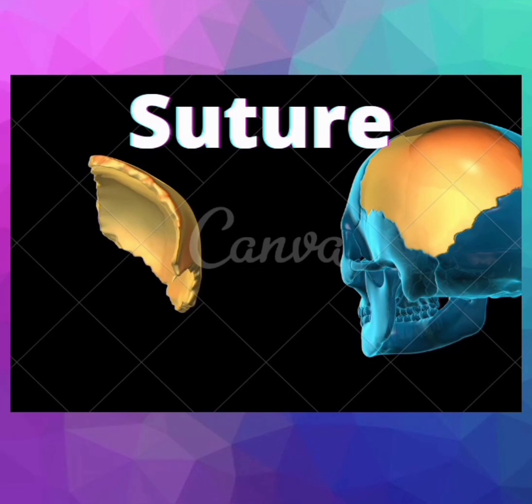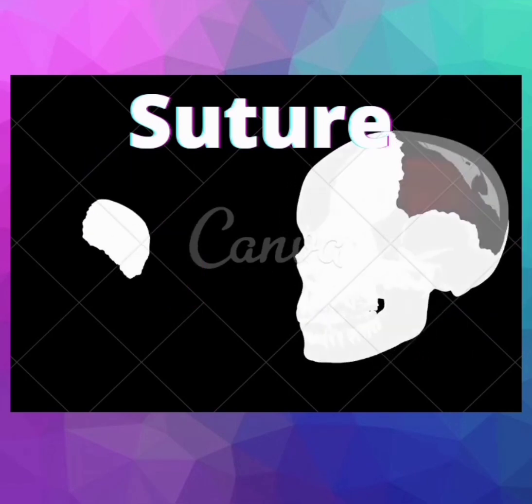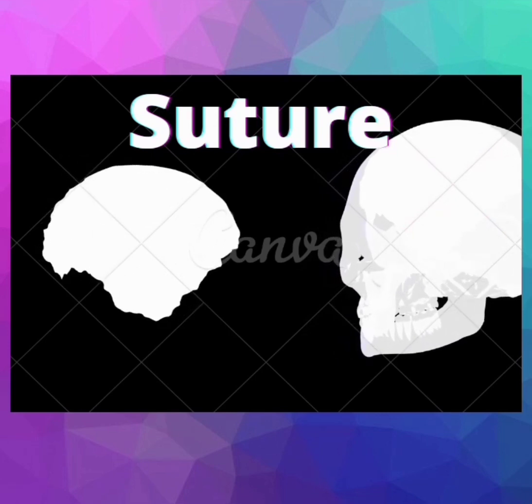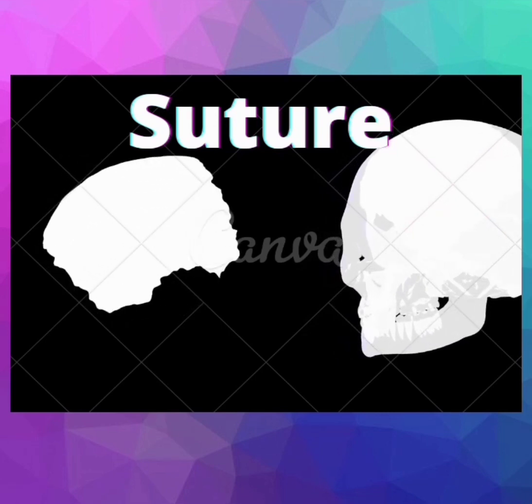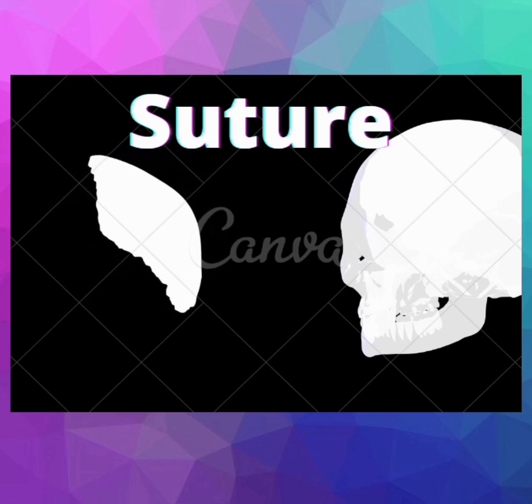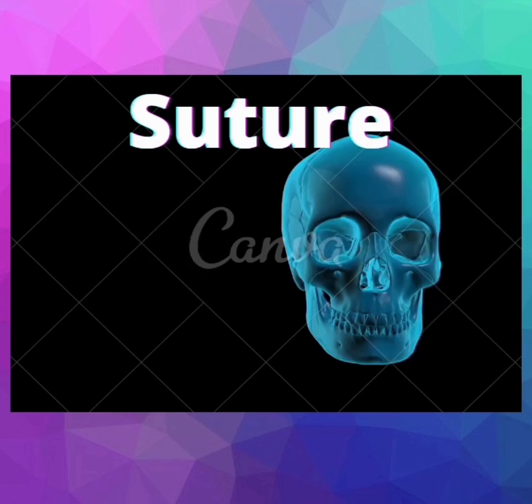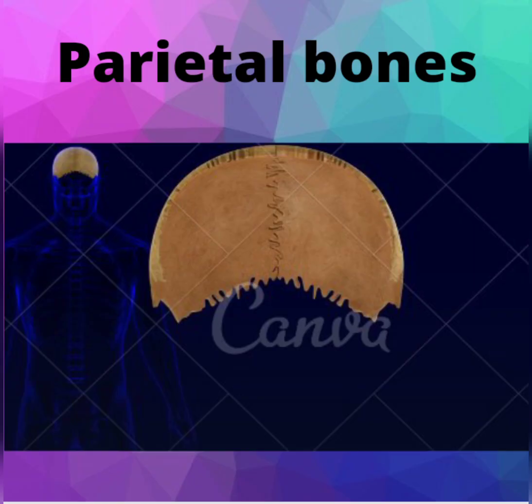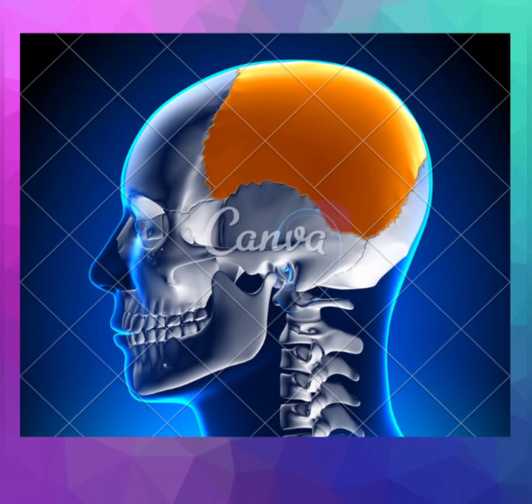Suture. A suture is a type of fibrous joint that is only found in the skull. In anatomy, fibrous joints are joints connected by fibrous tissue, consisting mainly of collagen. Parietal bones are two bones in the skull which, when joined together at a fibrous joint, form the sides and roof of the cranium. In humans, each bone is roughly quadrilateral in form and has two surfaces, four borders, and four angles.